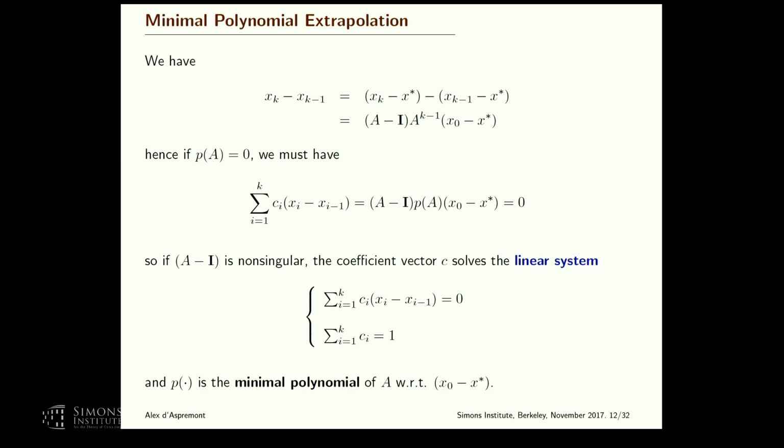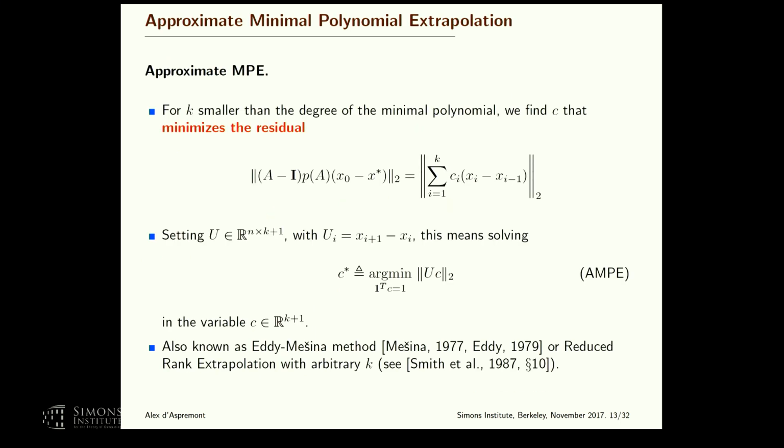So you solve a linear system, you get weights c, you average your iterates using those weights, you get an estimate of the solution. Okay? Of course, k can be arbitrarily large, especially in high dimensions. You don't want to solve a very large linear system because that's costly. And so the idea is to do this approximately. And how do you do this approximately? Well, instead of setting this quantity to 0, you minimize it. Okay, and that means solving a quadratic program, again, using these normalization constraints on the increment matrix U.